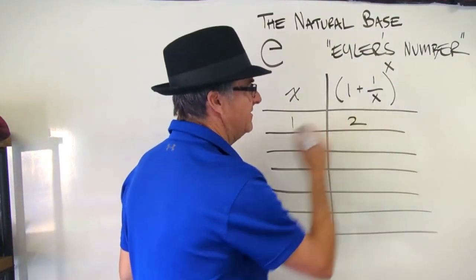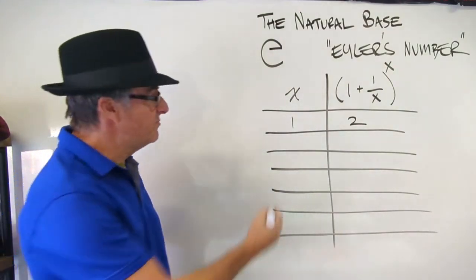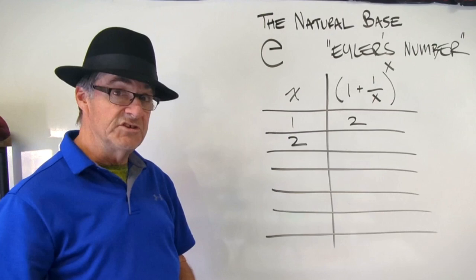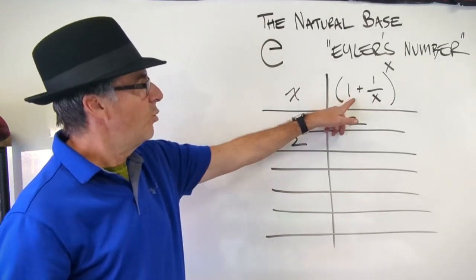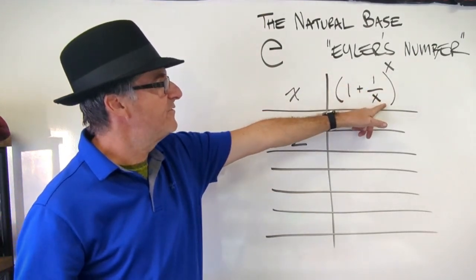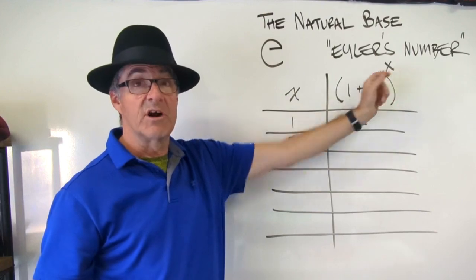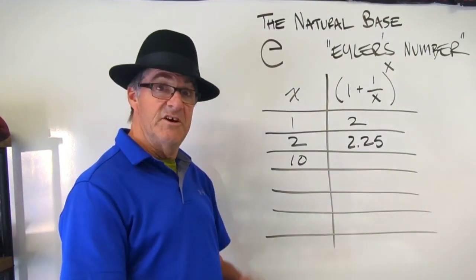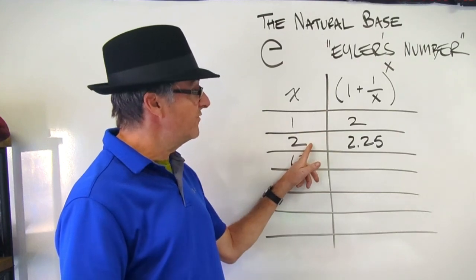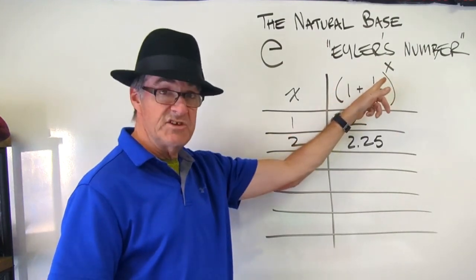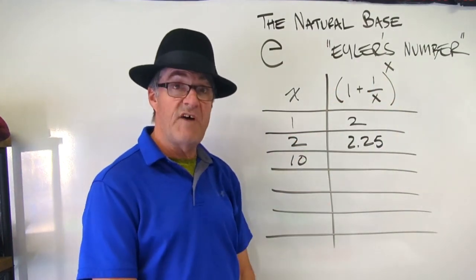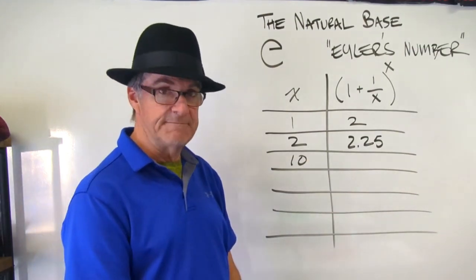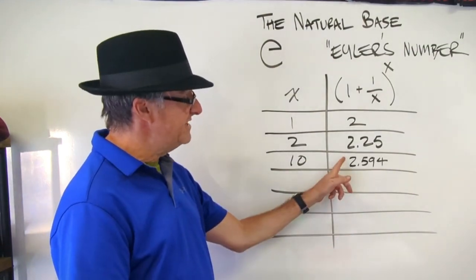Now what I want you to do is pause the video and let's put in 2 for x. What do you get out when you do that? So it's 1 plus 1/2 to the second power, so 1.5 to the second power. What does that give you? Here's what I get. When I put 2 in for x, I do my math on my exponential function and I get 2.25 for f of x. So try 10. See what you get with 10. When I put in 10, I get